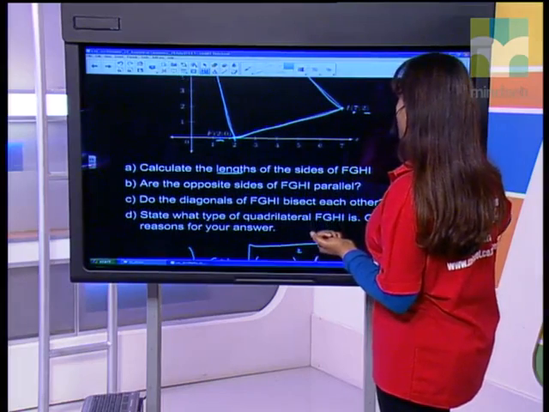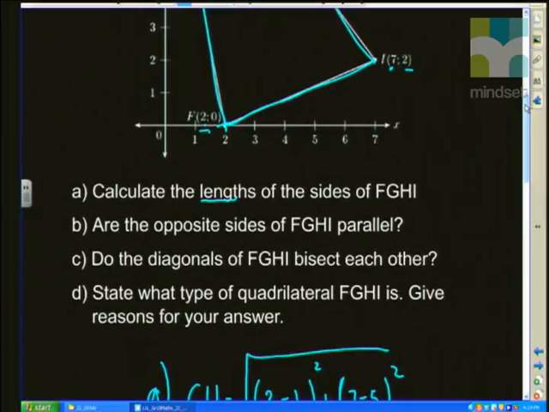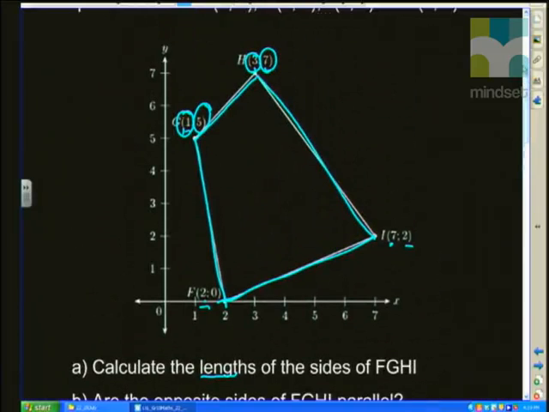And part B says, are the opposite sides of FGHI parallel? Well, we know they certainly aren't equal. Let's check out the parallel. Okay, so I'm going to do it up here. We've got the gradient of